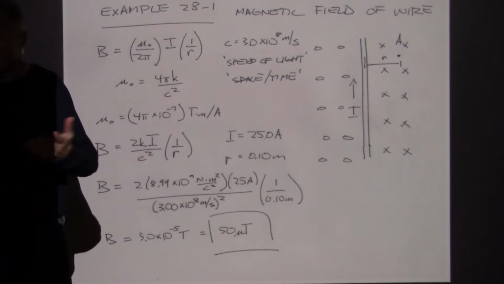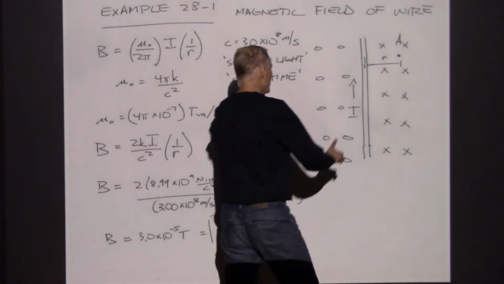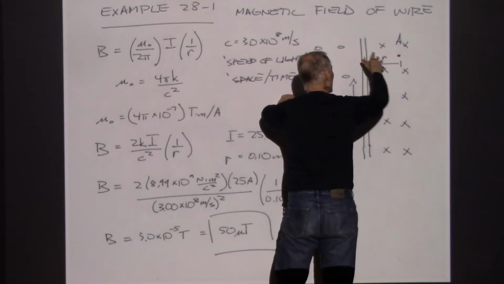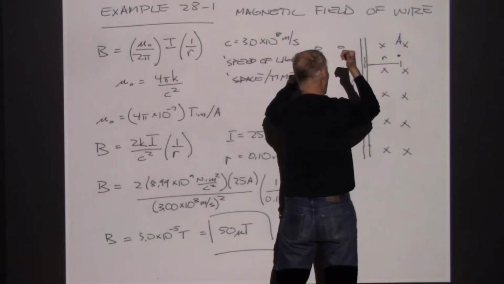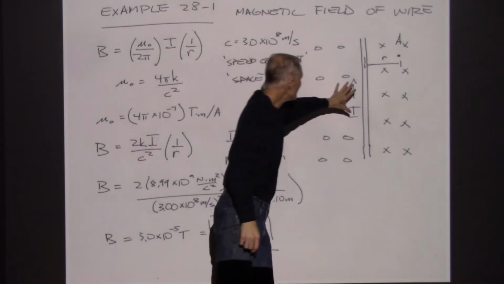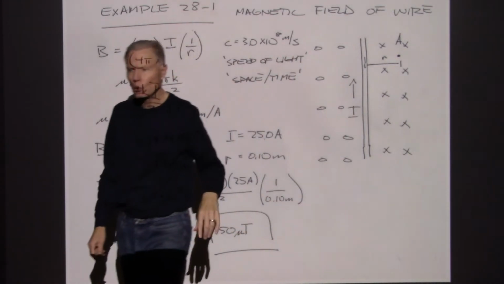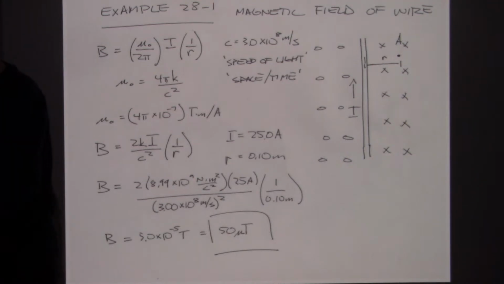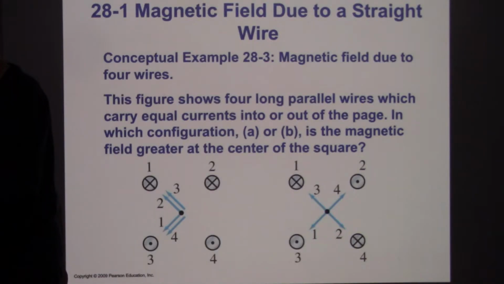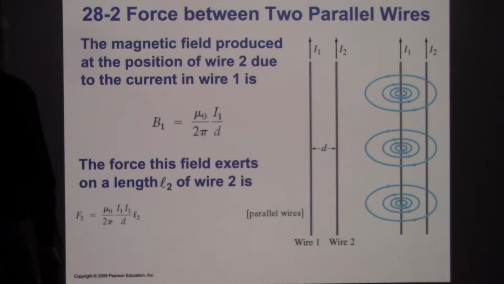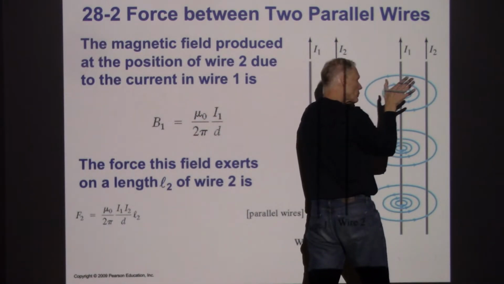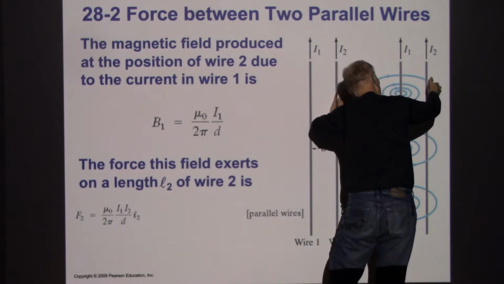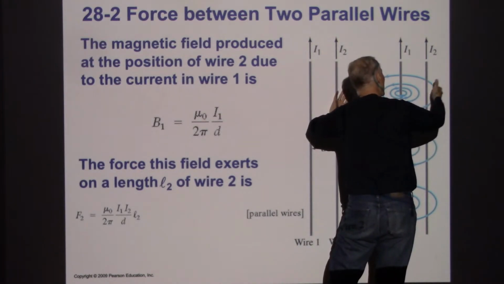Yeah, so it's going to look just like this. I've got a current going in this direction, and I'm going to have a magnetic field going into the page on this side and then coming back out on the other side. So remember what this picture looks like, because that's what's happening right here. These right-handed loops are circling around and going into the page, and that means at the location where current